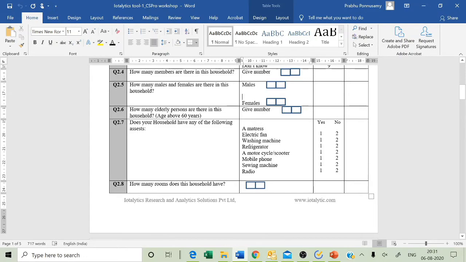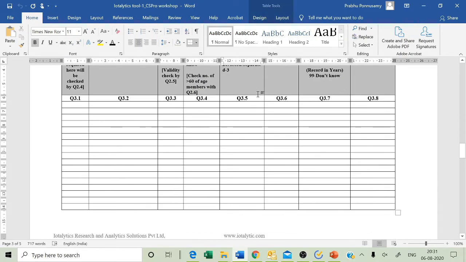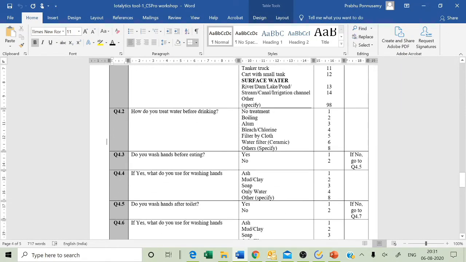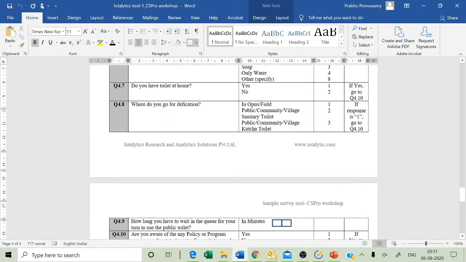There is also a roster. If you look at the roster, we have given a maximum of 25 rows by default. How you can control the roster by programming, and also without programming, we are going to discuss in the coming sections. We will also discuss the skipping pattern, and how to declare the alpha variable.